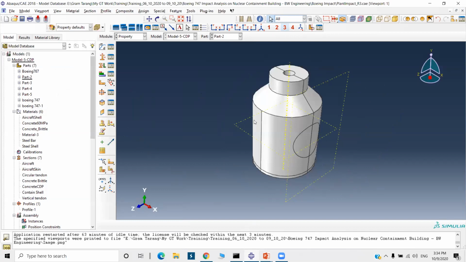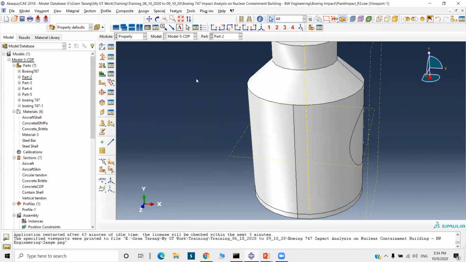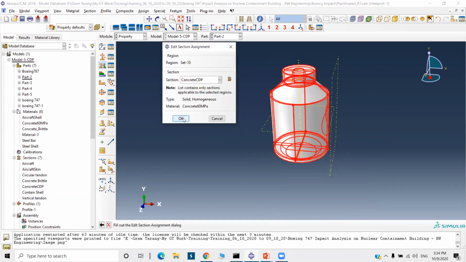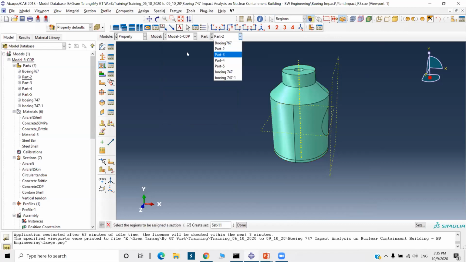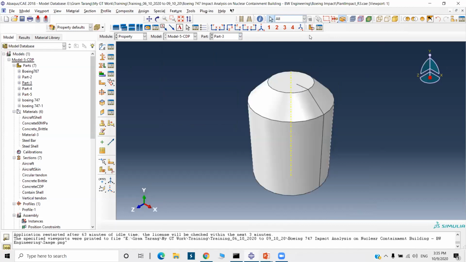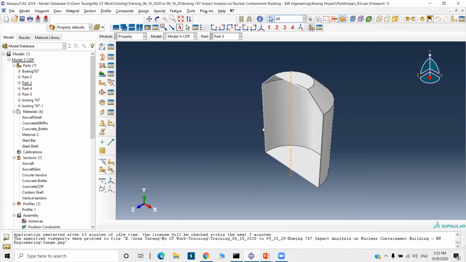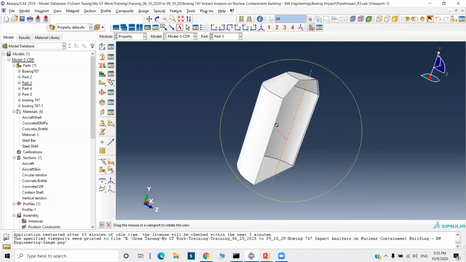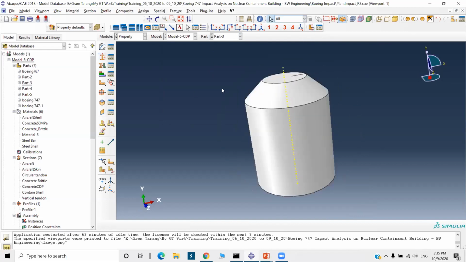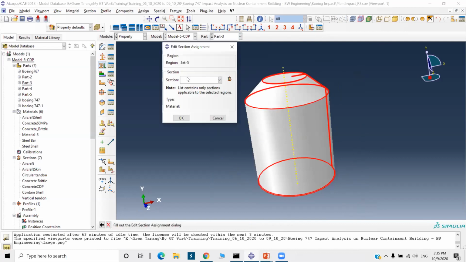Assign the section, concrete CDP. Part 3, it is not solid, it is a container shell section.